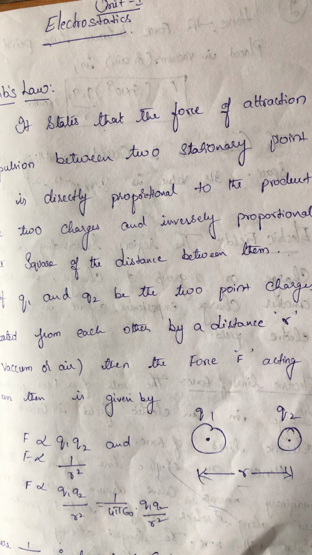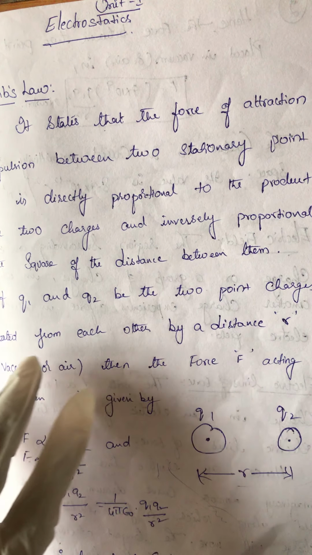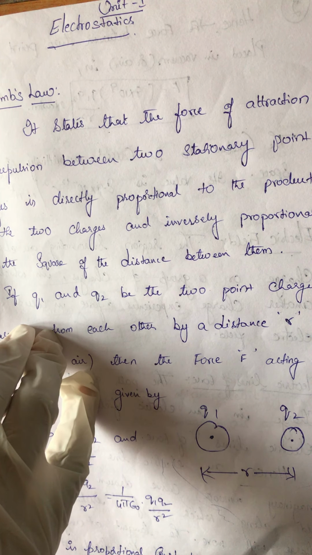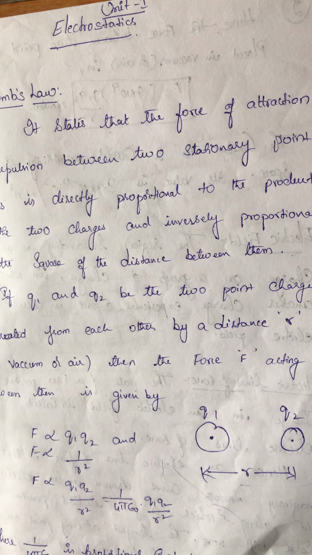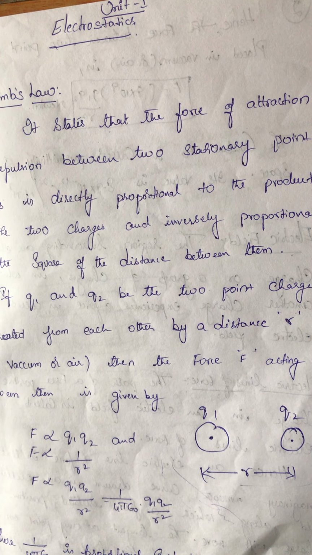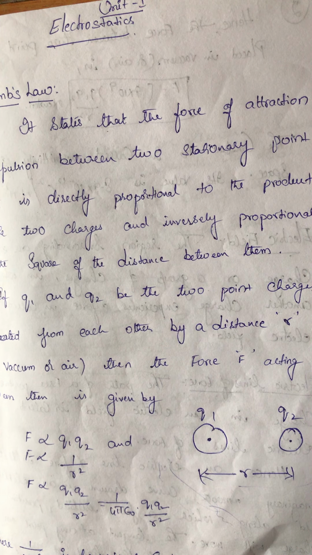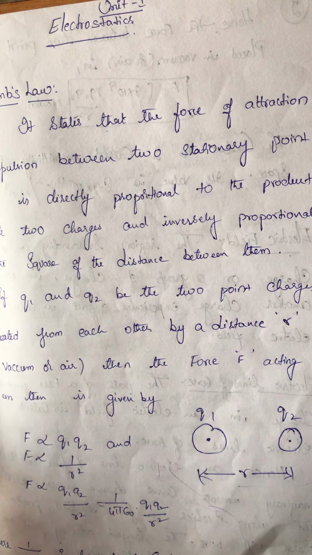You know your paper pattern, section A and section B. In section A, you have a total of 12 questions, and you have to attempt 8 questions out of 12. Each carries 4 points. Next, section B has 4 questions with internal choice, A or B. You should attempt all 4 questions. Total 80 marks. Now we are going to start our first unit, that is electrostatics.